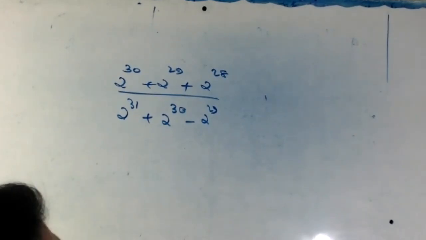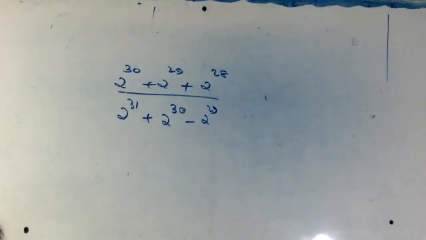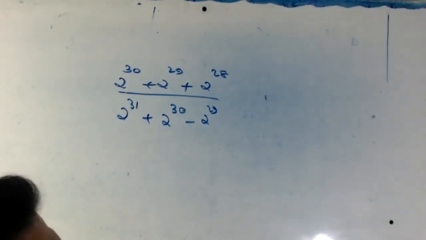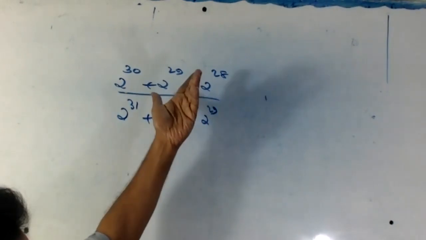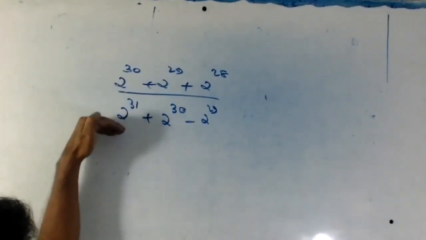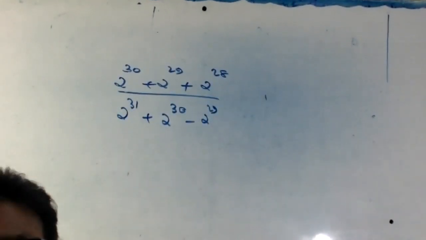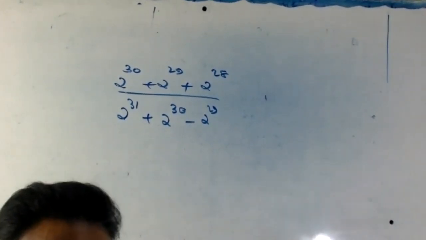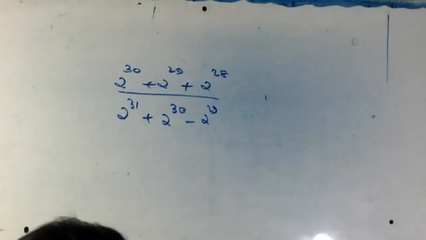First of all, I tell you, don't multiply 2 raised to 30, 2 into 2 into 2, 30 times. You never get it. If you start now, tomorrow morning you will get it. Don't use that method. Is there any other easy method? I'll give 3 minutes. We cannot simplify like this also. Any other options? Let's see if anyone gets it.